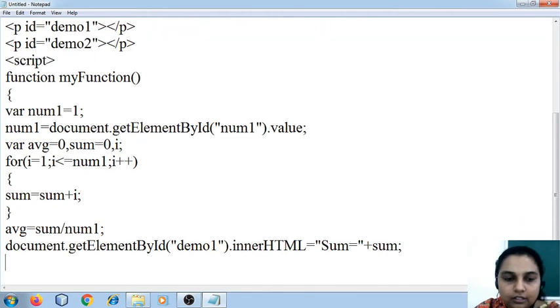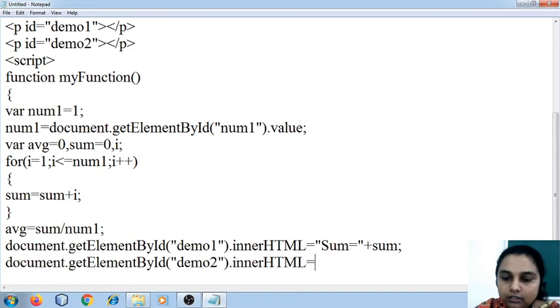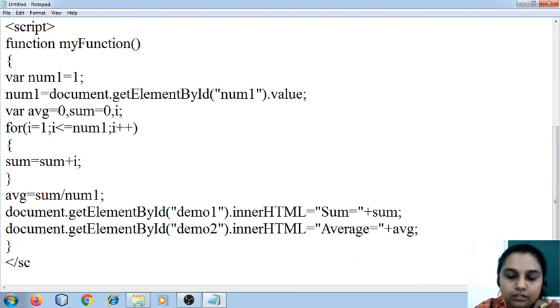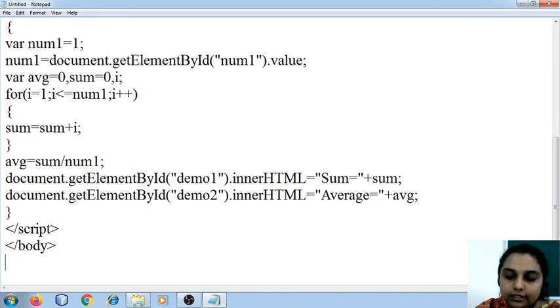A similar thing I need to do for average: demo2 innerHTML, average, avg, that is the variable which we have, followed by closing of the script, body, then the HTML.